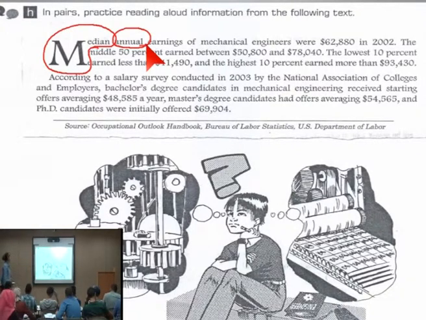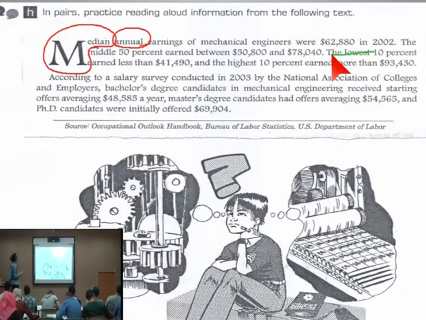Yes, please. Earn between 50,000 and 800. Yeah. And 78,000 and 40. The lowest 10%. The word lowest came back. Keep it in mind that we have here a superlative. The lowest. Yes, Manar. The lowest